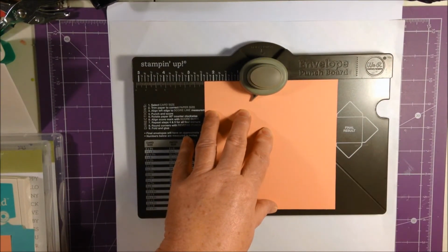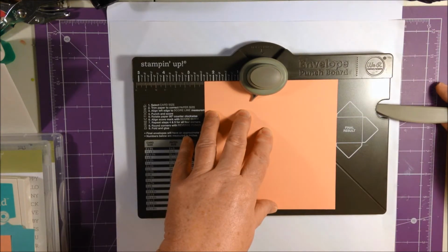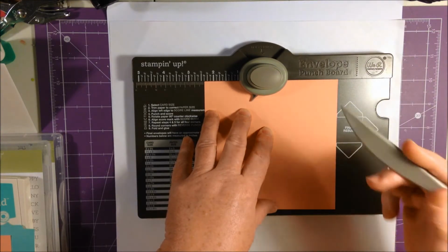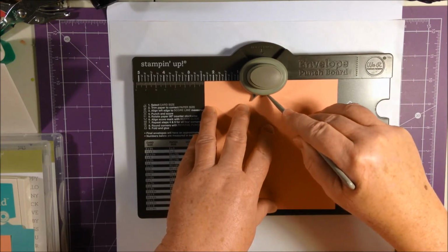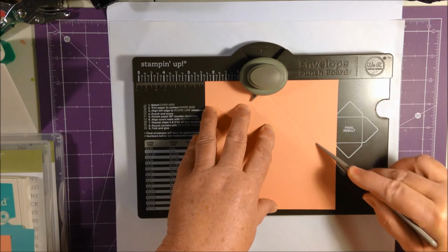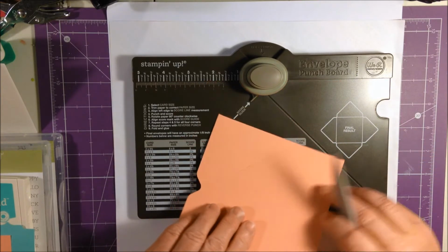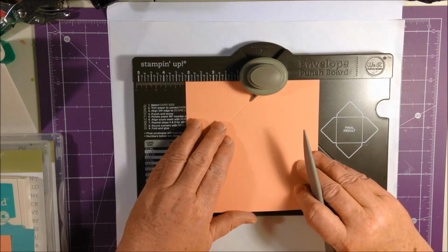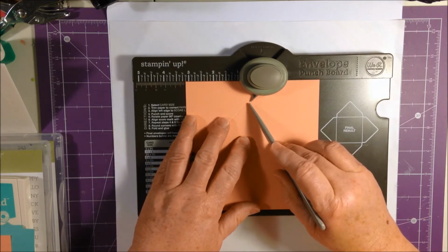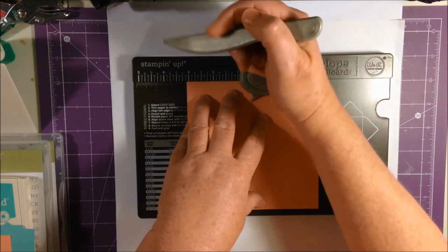Now, it comes with a scoring tool that's usually right in this little area right here, but I took it out so we could get to it. And you just put it in here and you score along this line. Now, you turn it, and you don't have to measure anything. You just line this little notch up with where your score line is. And then you punch